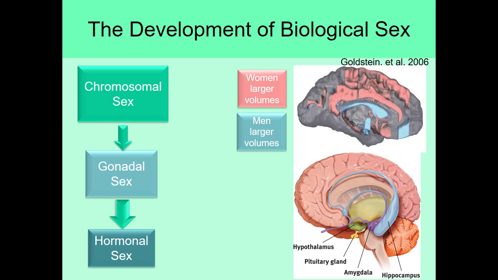So for women, having a bigger corpus callosum can be a huge benefit. You can share information back and forth, but it also can be a deficit. It can slow down processing so that while trying to do what should be an entirely spatial task, women oftentimes will be slower because they're thinking verbal thoughts about the spatial task. Men oftentimes will just let their right hemisphere take care of the problem, and they'll have their solution much more